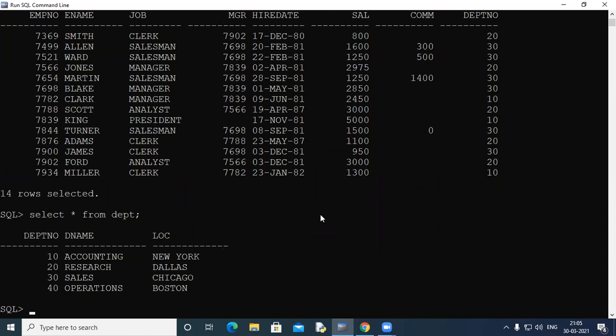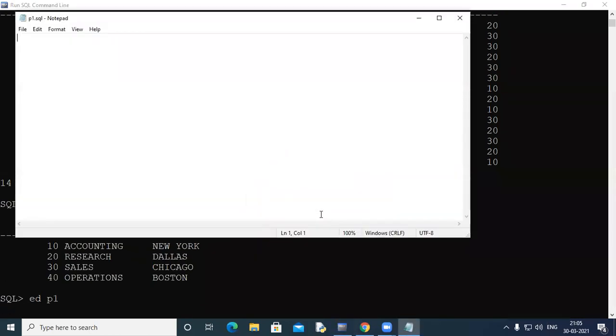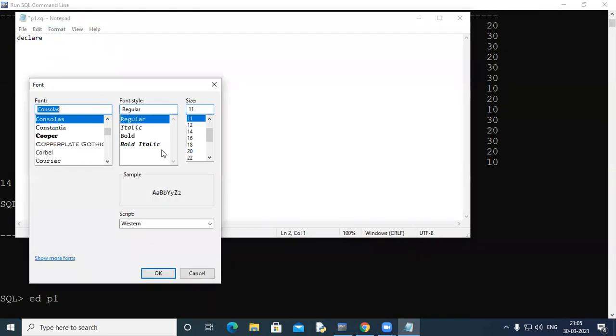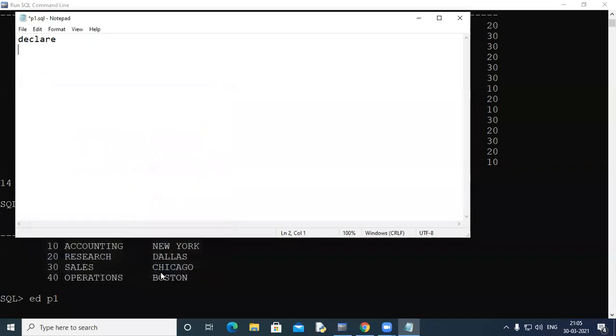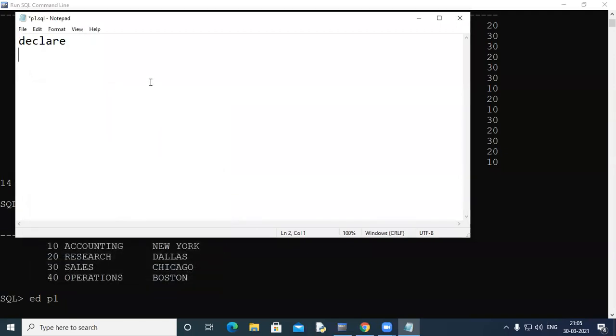As I discussed in my previous lecture, we can have two types of PLSQL blocks, an anonymous block and a named block. So we were discussing the anonymous block. Say for example, if I just want to write code for an anonymous block, let's see what we can do with it. I think I can make the font a bit bigger, or still bigger. Okay, fine. I think now it's visible.